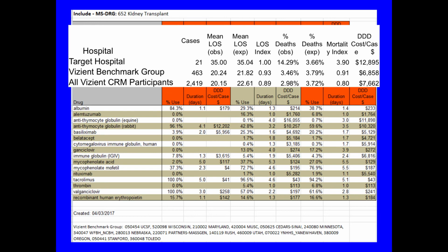But critically, what you're looking at is the defined daily dose cost per case, which is a standardizing tool. Looks like you're getting about the same length of stay, not as strong performance on mortality, and the price of this therapy for these patients is substantially higher than the benchmark group. So this becomes an opportunity to look at it and say, here is something that we need to have a look at. And if you drill down into the bottom half of this